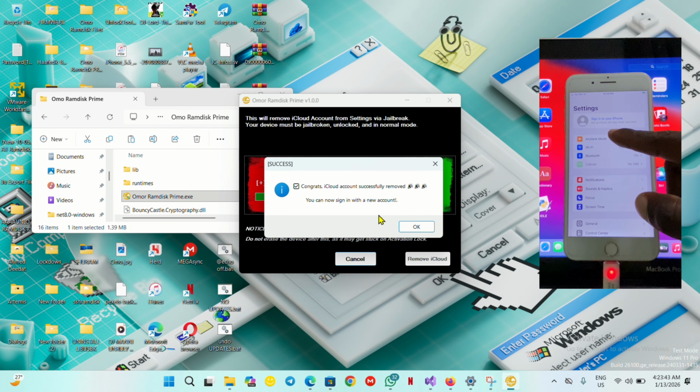As you can see, the iCloud account has now been removed from Settings, and you can add a new iCloud